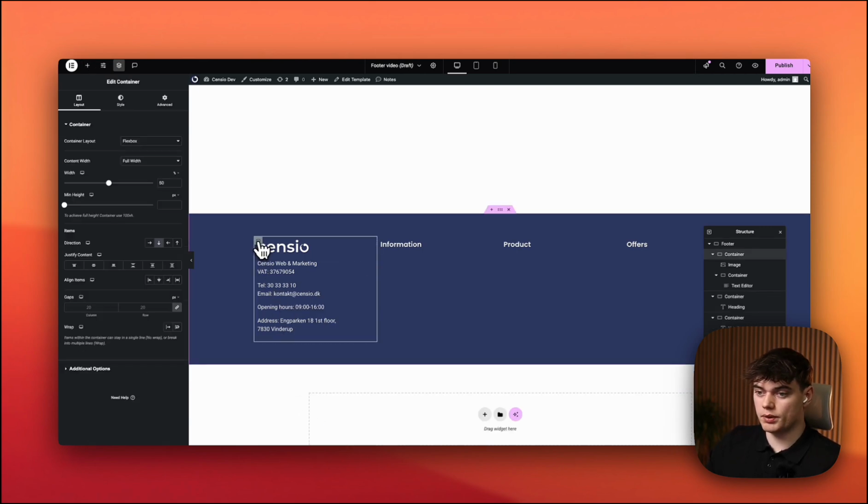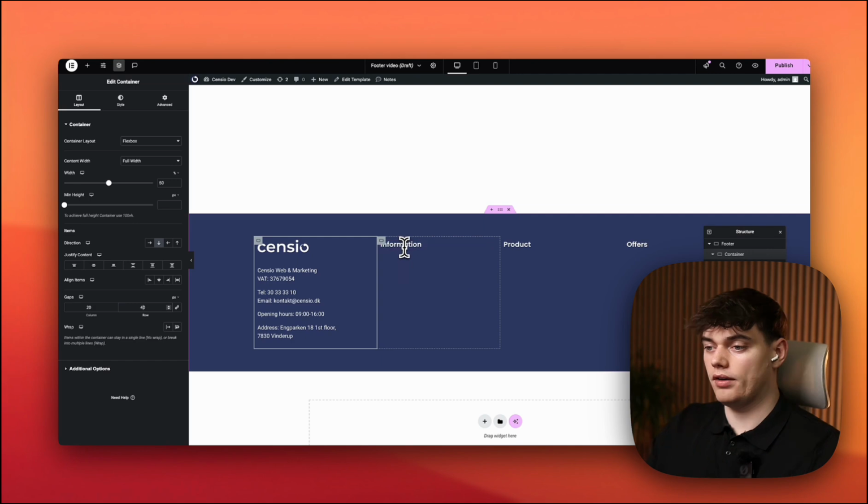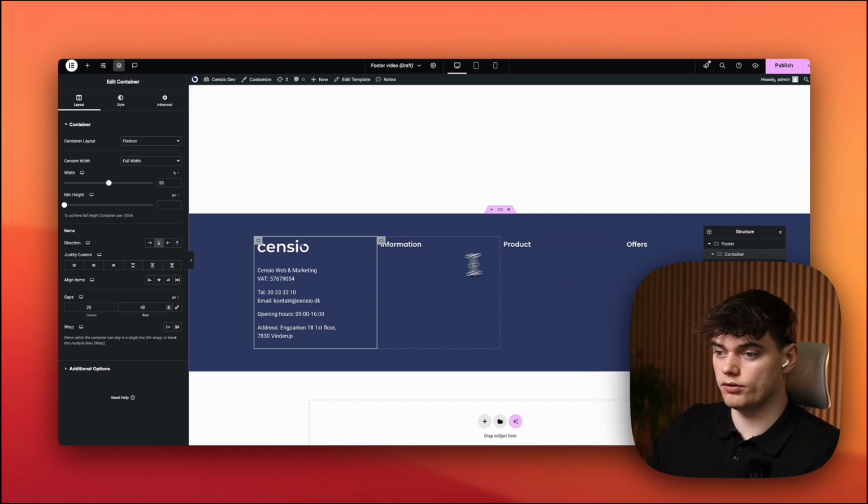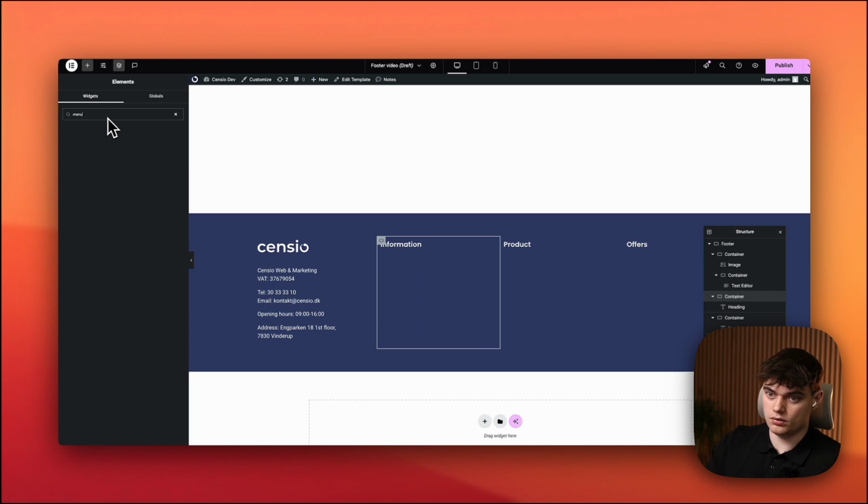But we want a little bit more space here. That's why we made two different ones. So we have 20 by default inside of gap, but we would like more inside of the row. So like 40 instead. So it looks like this. Then we have all the lists with information. We can do two things. We can either add a menu